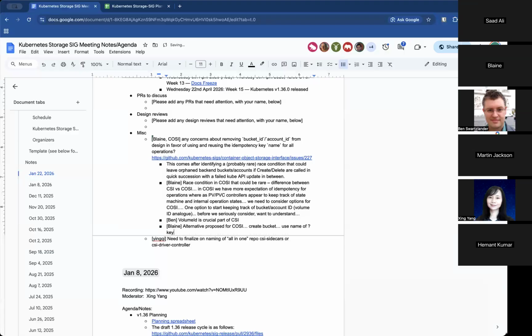So at the core level, you say to the driver, create a bucket with this idempotency key. And let's say that updating the Kubernetes resource fails, then it'll just go and call driver create bucket again with that same idempotency key.